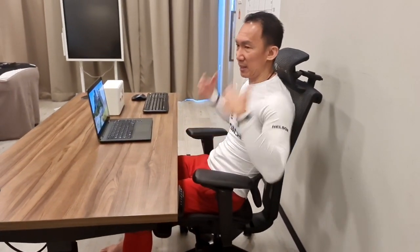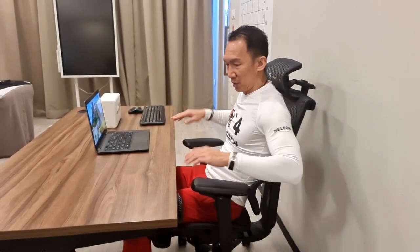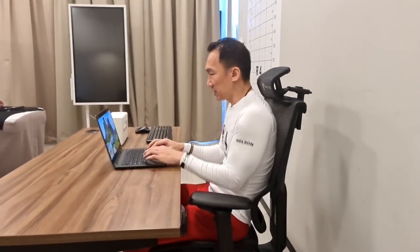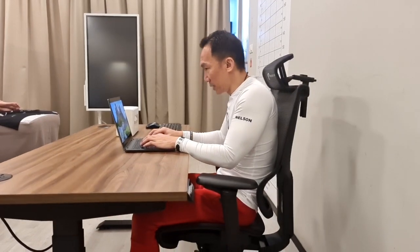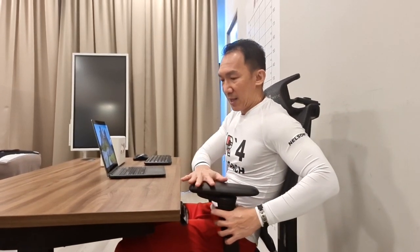Now I'm going to explain why a lot of people are suffering from chronic neck and shoulder pain working from home. First, you need a good adjustable chair with adjustable armrest, seat, and even neck rest. So imagine this armrest is too low, lower than the height of the table. Most of the time you'll be using your laptop in this position with your elbow dropping down, reaching forward and reaching your neck forward, causing a lot of tension in your chest, your legs, creating a lot of neck and shoulder pain. So what you need to do is obviously adjust the armrest to the height of the table on